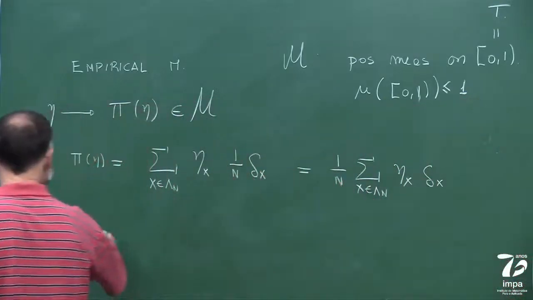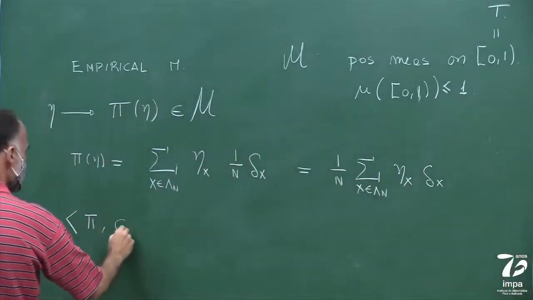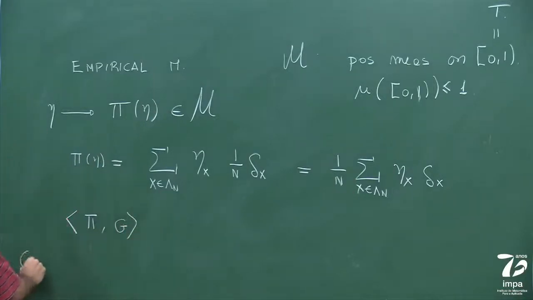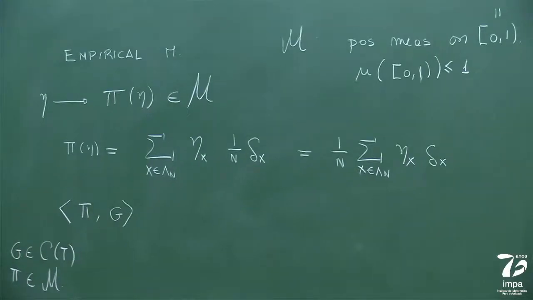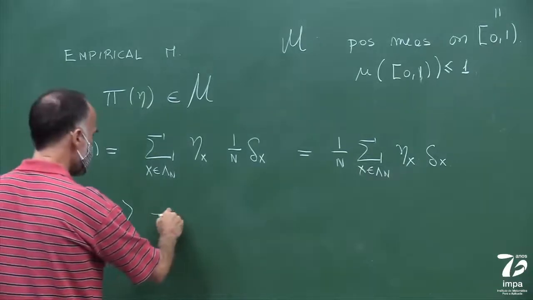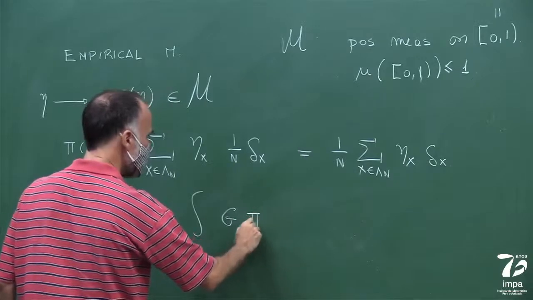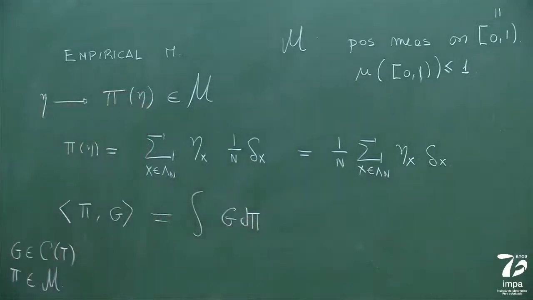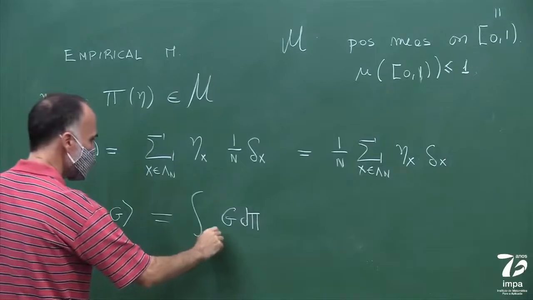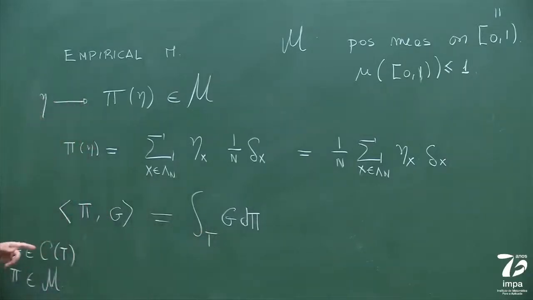And I will represent by pi g, if I take a continuous function g, and if I take a measure pi in M, the integral of g with respect to pi. So this is the integral of g with respect to pi on the torus, and in the case in which